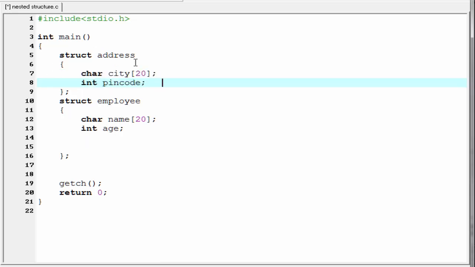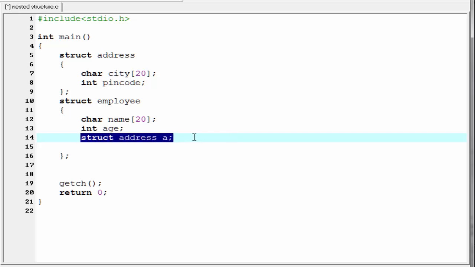We can access the structure address from structure employee. For that I am going to write here struct address A. It is similar to creating a structure variable, but here we are creating a structure variable inside another structure. That's why it is called nested structure.